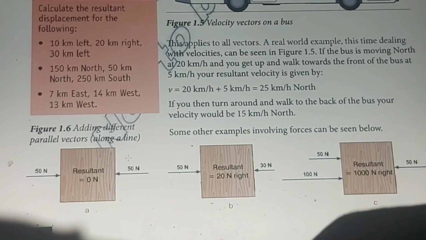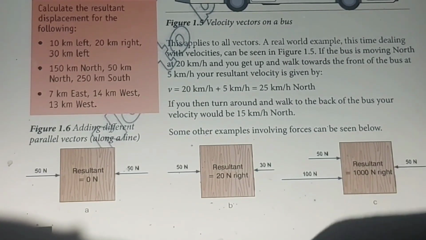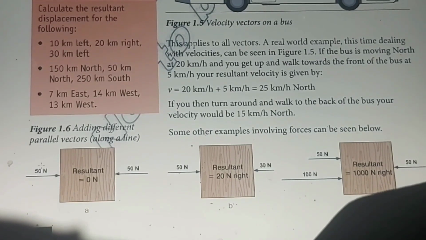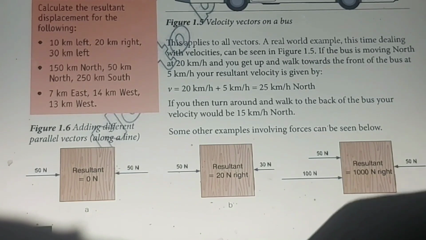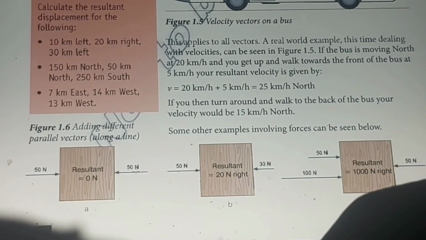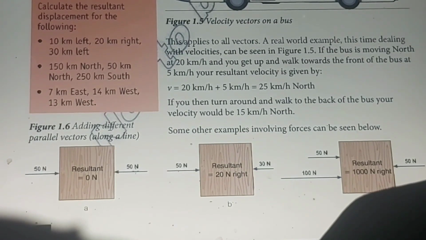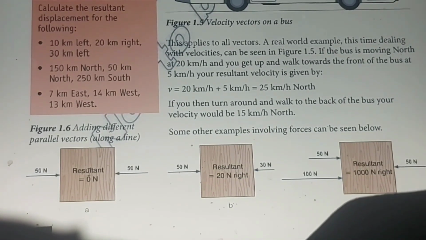15 Newton and 15 Newton are applied on this box, the first by this direction, the second by this direction. So they are in opposite direction to each other. They are acting on this box. So 15 Newton minus 15 Newton, we have 0 Newton. This 0 Newton is the resultant